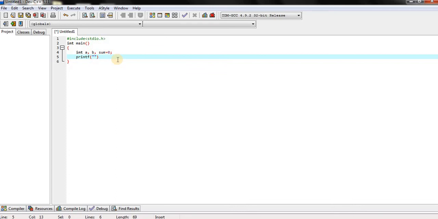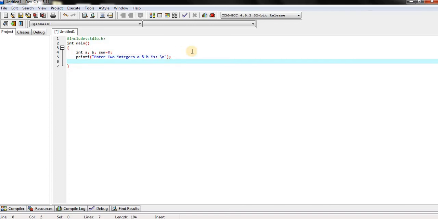That information comes within double quotes in printf. printf("Enter two integers a and b: \n"); ending with a semicolon. Backslash n means the cursor will automatically move to the next line. Press enter. The screen will display: Enter two integers a and b.